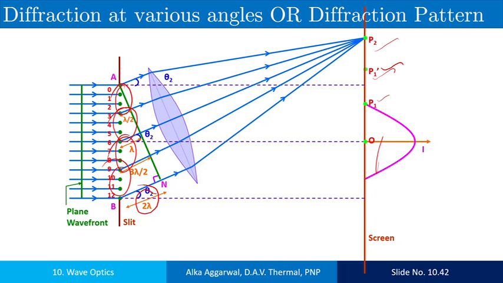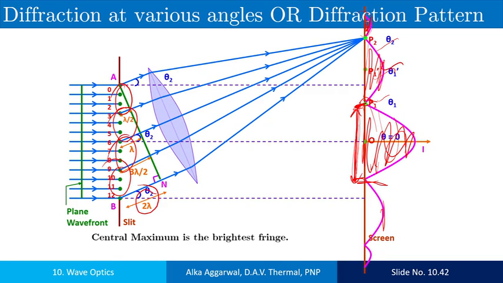It is the central fringe, and this distance is called the width of the central maxima. This is a point of minimum intensity and this is the first secondary maxima. Now see that the intensity of the maxima decreases. This is the second secondary maxima and its intensity is also very less because it is only the fifth part of the slit. So how will you define the width of the central maxima? Width of the central maxima is the linear distance between the first minima on either side.